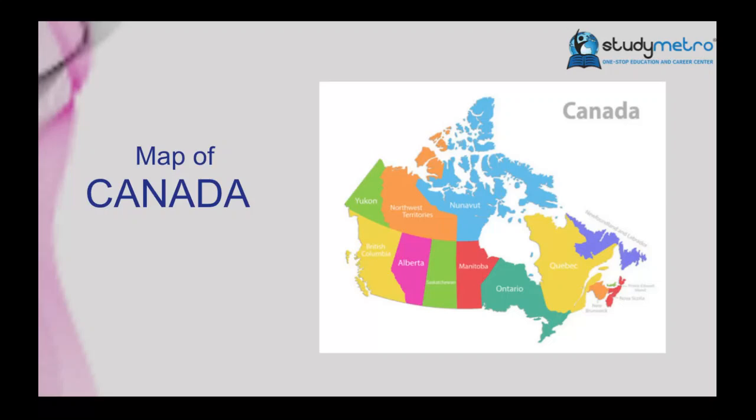Now let's first study the geographical locations of Canada's provinces. Out of all the provinces, there are a few which share borders with the USA. Hence, these provinces are popular with the international community, and students prefer to go to these provinces so that they have ample opportunities in terms of jobs and other facilities. If I name British Columbia, Alberta, Saskatchewan, Manitoba, Nova Scotia, and Prince Edward Island, these are provinces which were not that popular in earlier times, but nowadays students are getting interested in applying to these provinces as well because